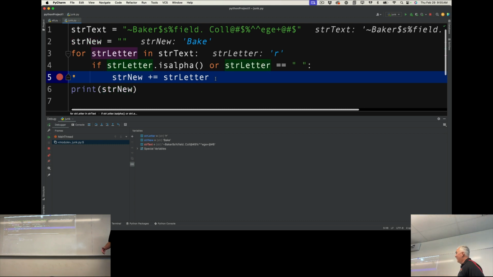The other cool thing that is really interesting about this is that you'll notice it's not actually changing your code, but it's making annotations to the right of your code. So it's saying this variable is equal to this string. Look at str new right now in this program is equal to this, because this is what I'm using to build the new string. The letter that it's on is R in this code. So if I click again,